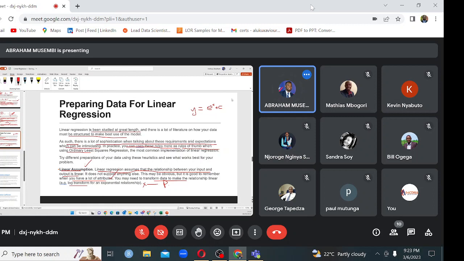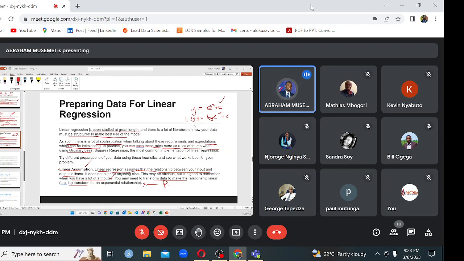So this is an exponential kind of relationship. If we want to make this relationship linear, of course we'll find the log of y. The log of y is equal to log of e raised to negative x, plus c. And with this, you will always get